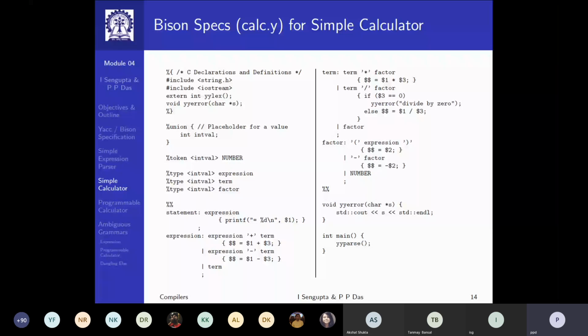On the top, there is no difference. These are forward C declarations. On the bottom, third section, there is no difference. All the driver and the error function. Now, in terms of the